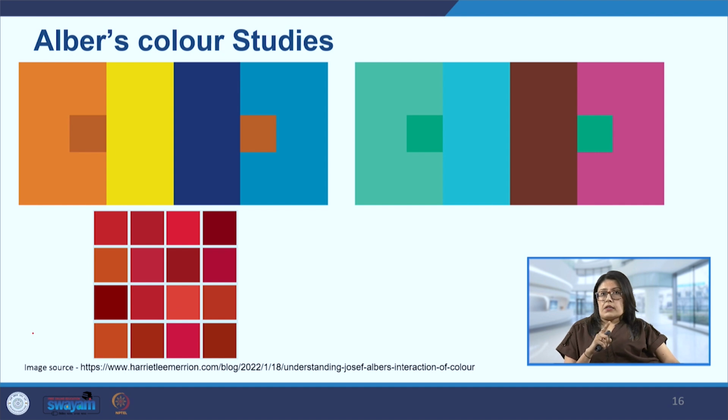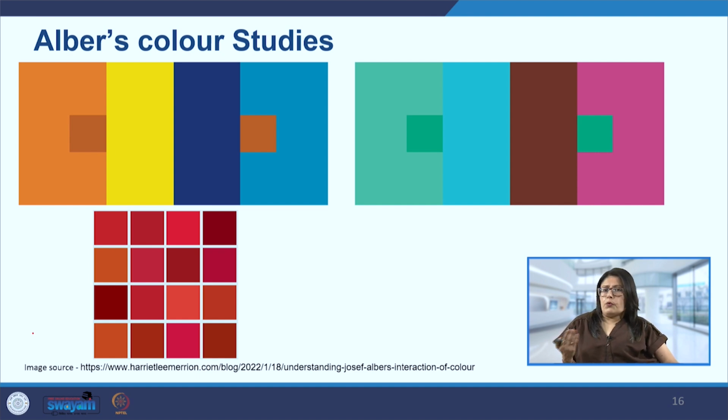We can see that the colors are all on the same level, but still we feel that some colors are closer, some colors are further away. So it is creating this ghosting effect on our eyes. So this becomes very important when we are putting the colors together, selecting our colors and having some background and placing text on it, for example, or some kind of a background that we are developing, some artwork that we are creating. So it becomes very important to keep in mind what colors we are placing next to each other, because we hardly use one color by itself.